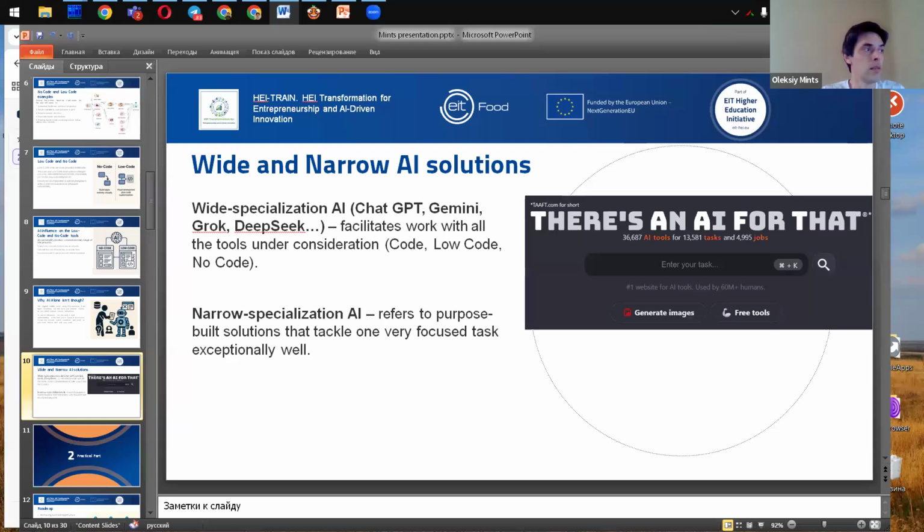So, wide specialization AI tools like ChatGPT can help you at every stage of your project. You can ask them to help with ideas, writing text, or even small code blocks. They work with most code, low-code, and no-code platforms without extra setup. This makes them easy to use and saves your time.